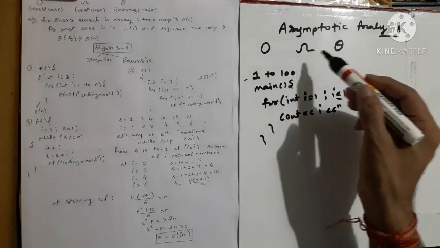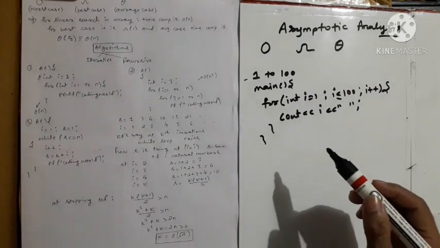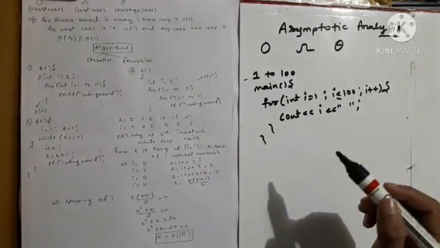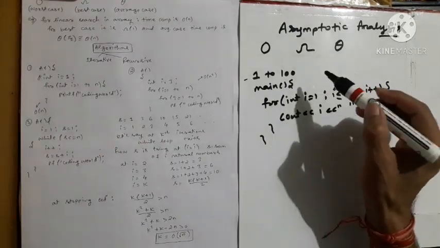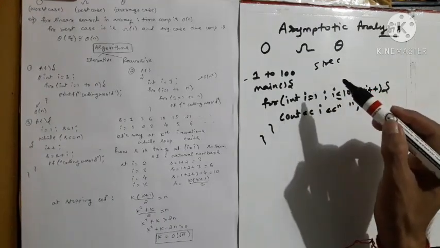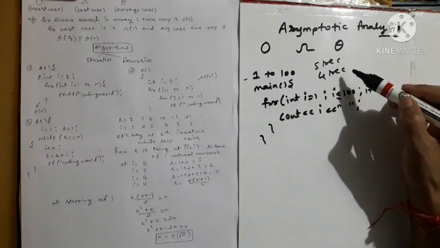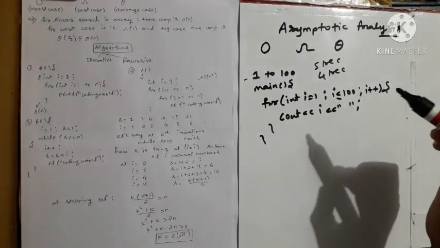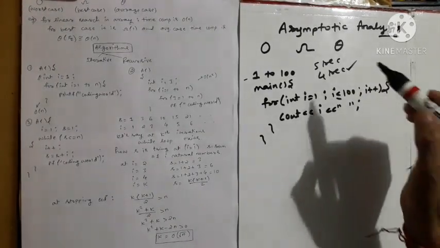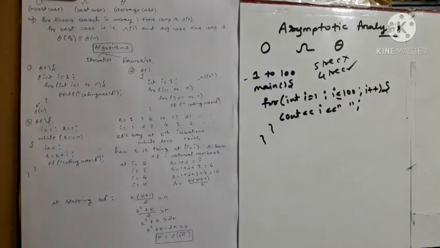Now in asymptotic analysis we are mainly concerned with two parameters. The first parameter is the time taken by this algorithm, and the second is the space taken by this algorithm. Suppose one coding solution takes 5 seconds, and another solution to the same problem takes 4 seconds. Definitely we will optimize our time, so we will go with the algorithm which takes 4 seconds only. We'll discard the solution that takes 5 seconds.